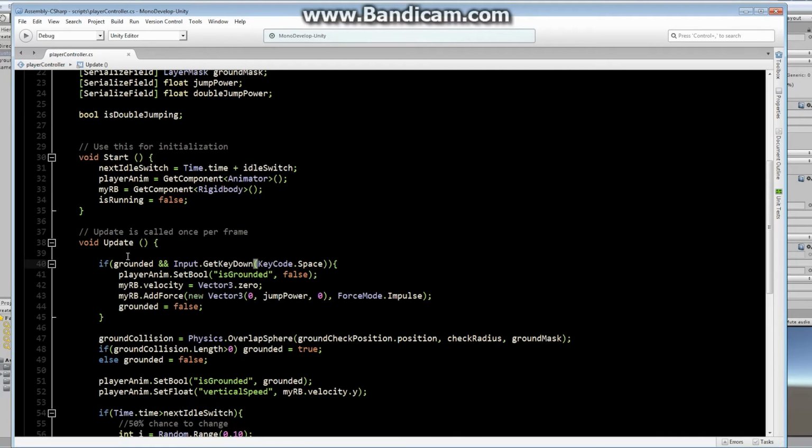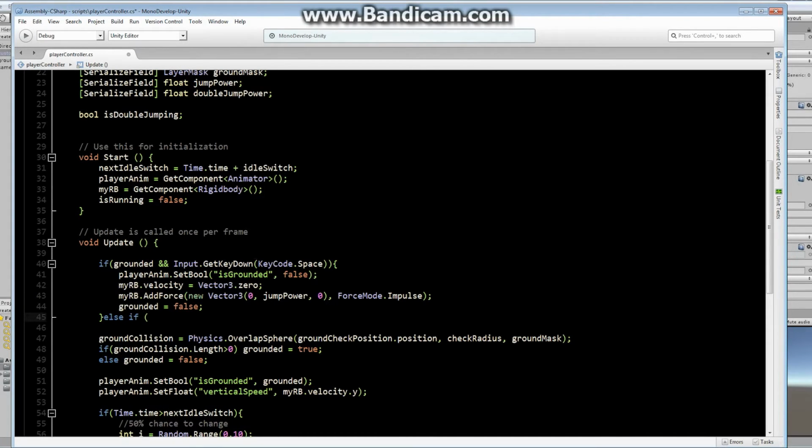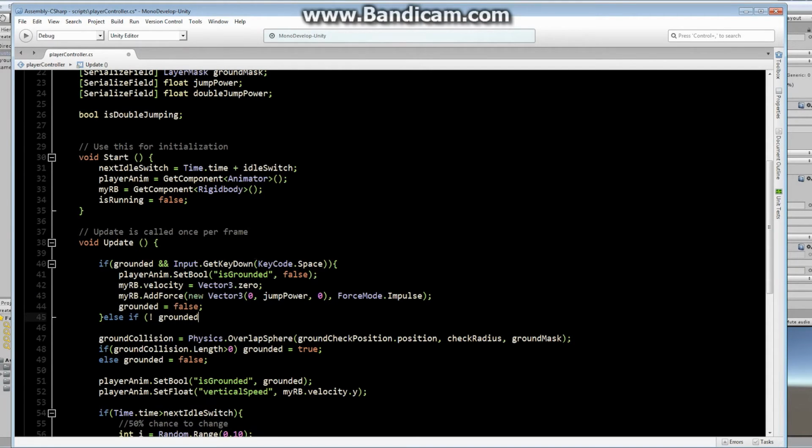This is our first option. What I want to do is I want a second option. So if we are grounded and we press the key, then we jump. What if, else if, we are not grounded? So not grounded. If we are not grounded, so that means we're already jumping, this gives us the opportunity to actually allow us